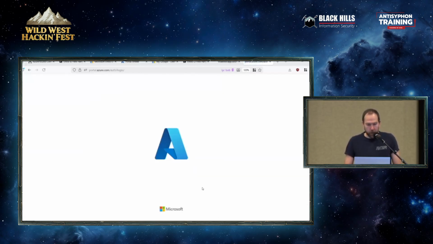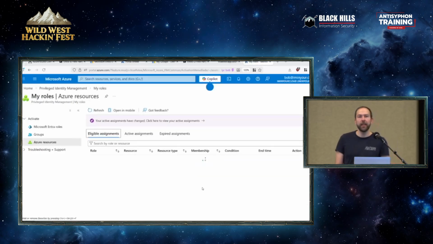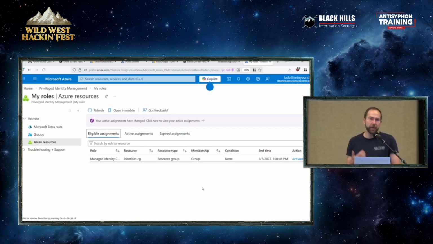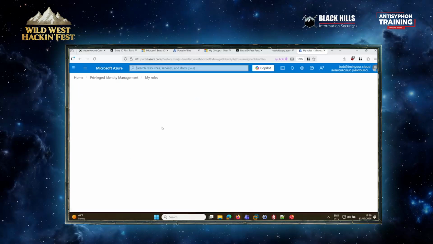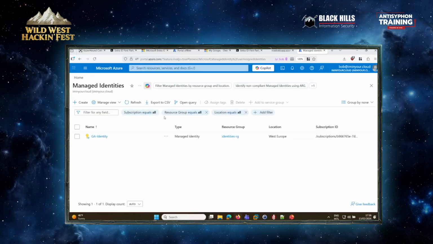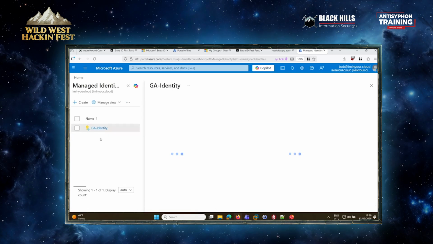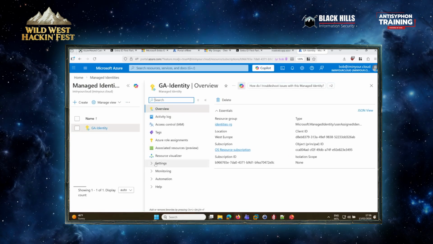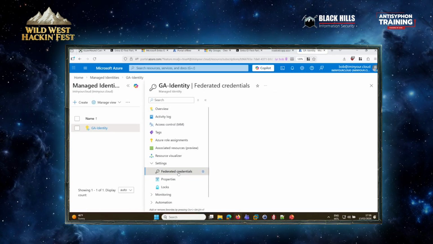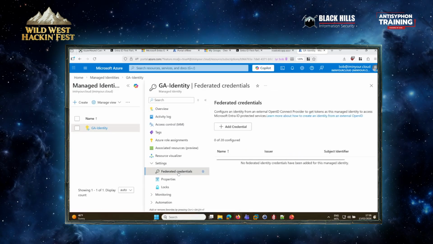What we're going to do now, because we only have rights over that managed identity, I cannot spin up a VM and attach it there. I also don't want to do that. What I'm going to do is use another tool from ROADtools. ROADtools is basically a toolkit that allows you to set up a sort of identity provider, and it's very useful if you want to work with federated credentials. Managed identities, normally you need to link them to an Azure resource to use them. But the fun thing with user managed identities is that you can also add federated credentials, and then I can just authenticate from wherever, whenever I want.